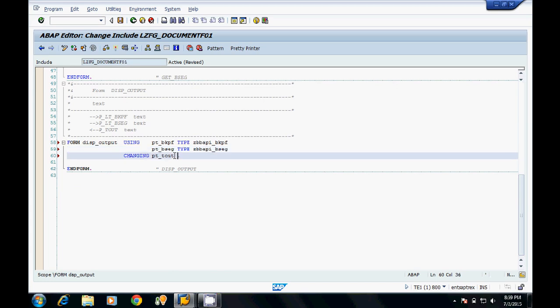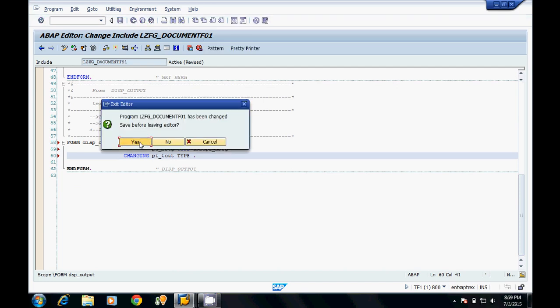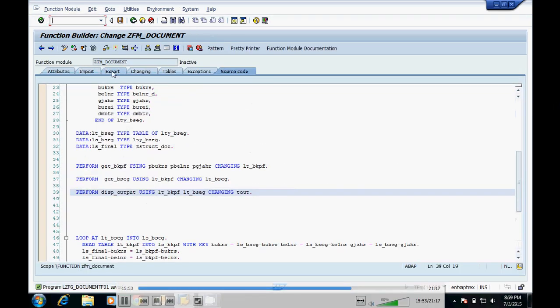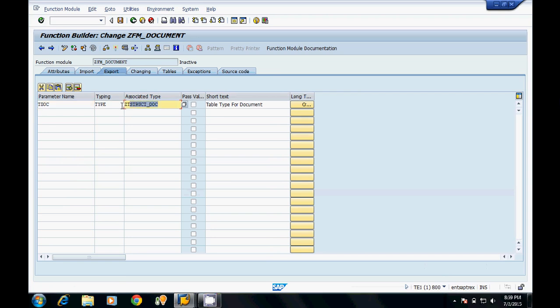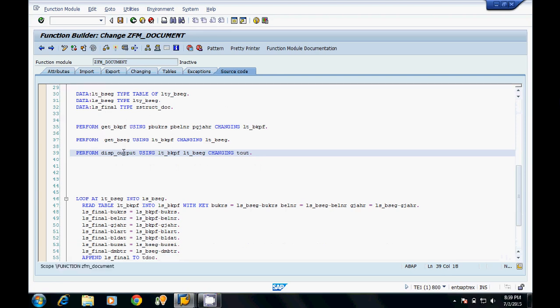Now for the third output parameter, we already have the table type which will be copied from the function module. So we will copy and paste it here.